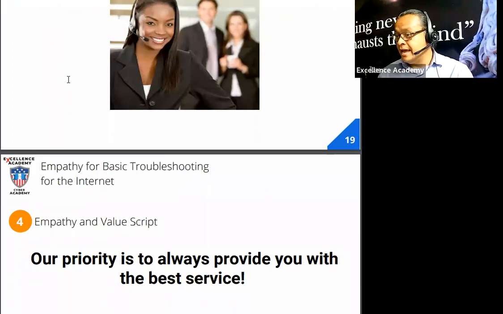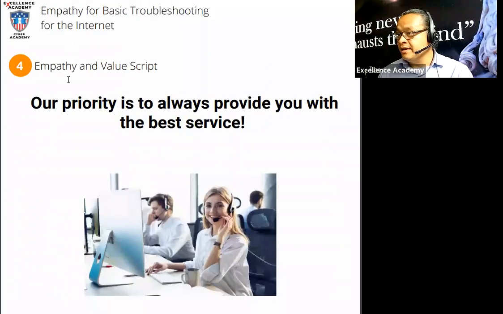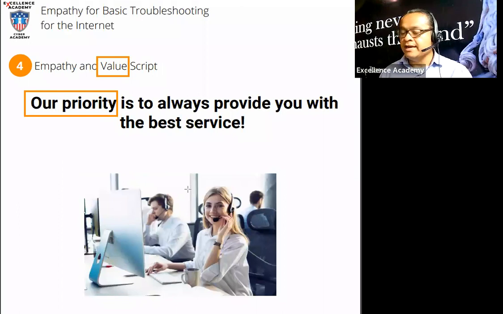All right. And this is a good one. Empathy and value script. I like to call it value because we're adding value to the company, by saying, for example, our priority is to always provide you with the best service, right? Our priority. I like how that sounds, right? Let's say somebody comes to me, right? Let's say Araceli says to me, Mr. E,